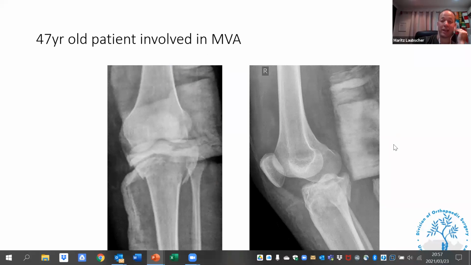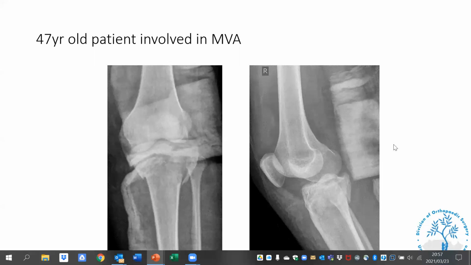A 47-year-old involved in an MVA. So I'm being presented here with an AP and lateral of the knee. The obvious pathology here, I can see there is a fracture. For me, it looks bicondylar, but it may not. It looks like this is how it's classified as